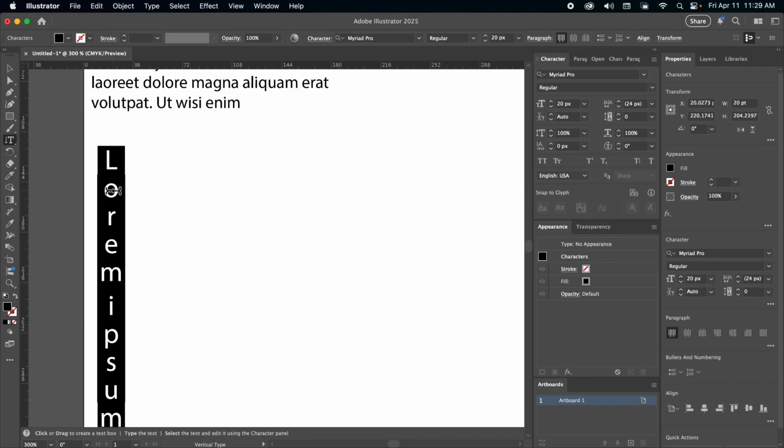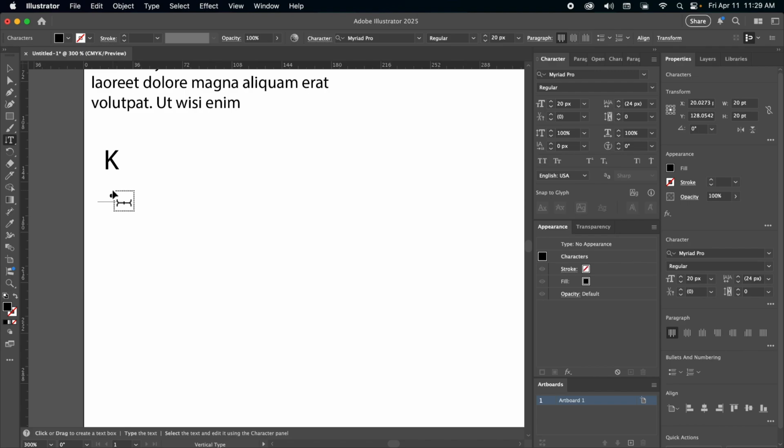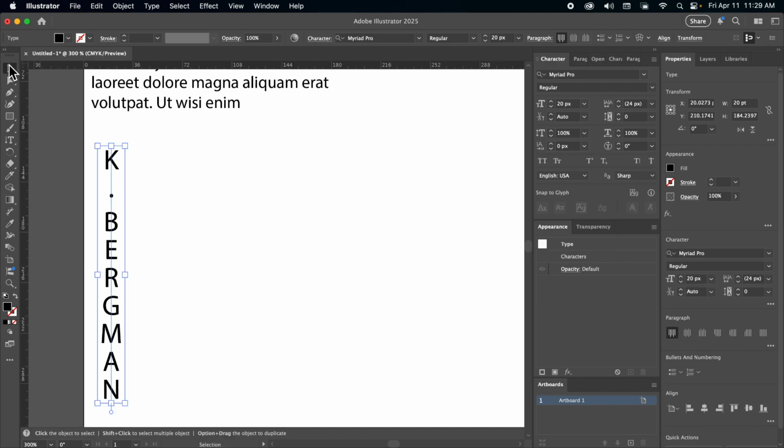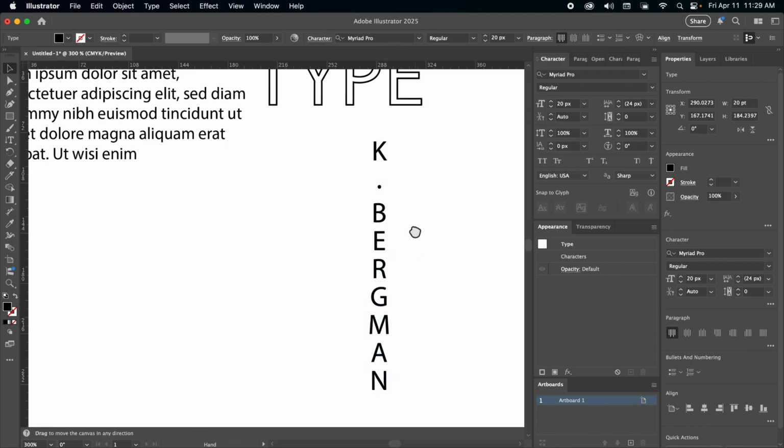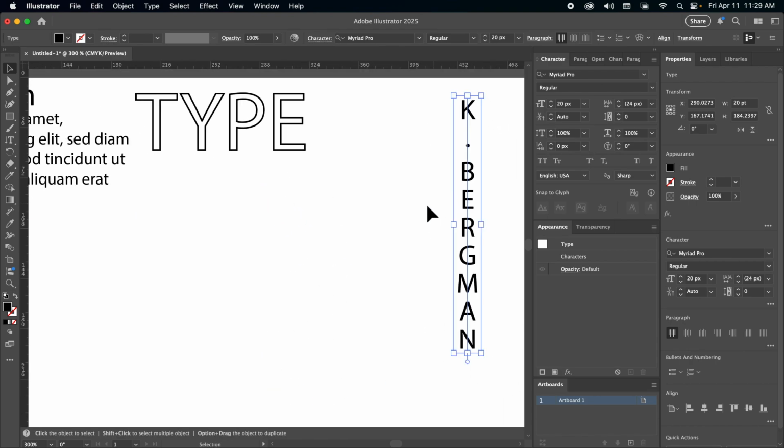And then replace the lorem ipsum with your first and last name. I'm actually going to do mine in all caps so it's easier to see. Shout out to my ability typing with one hand. So that's your vertical.